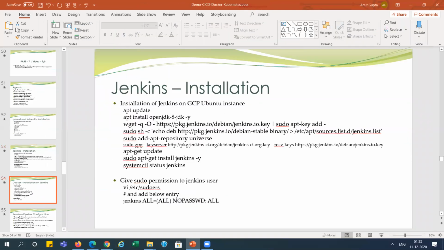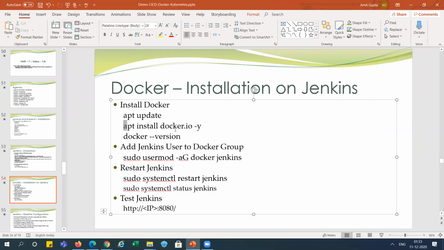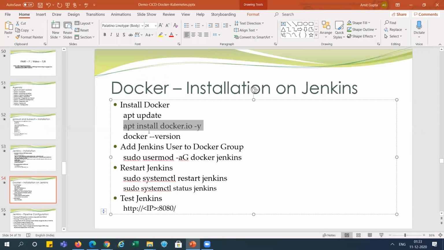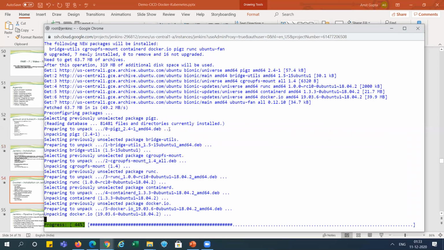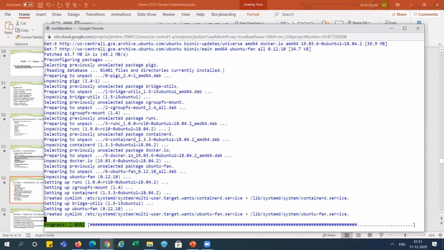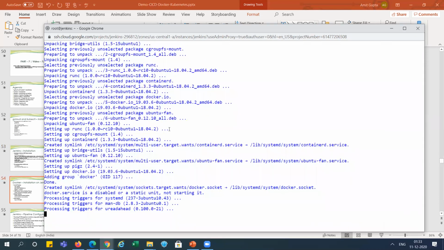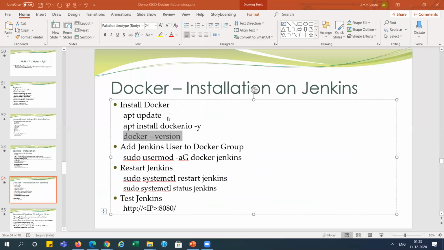Now we need to install Docker, to create the Docker image. The Docker version is showing correctly, right?